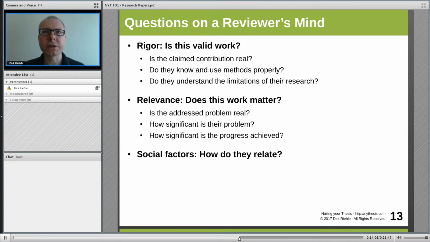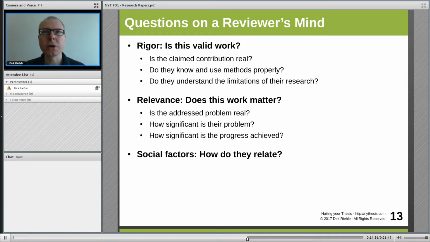Are the contributions real? Does the data show that? Are the methods, or the use of the methods, believable, so the data wasn't fudged but really is a result of properly applying the methods? Do the authors understand the limitations based on the data they got and the methods they applied and the context it all happened in? How rigorous was the work is one core question, and the other one is how relevant